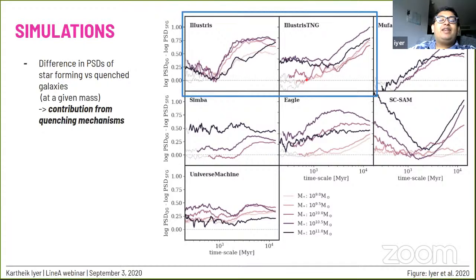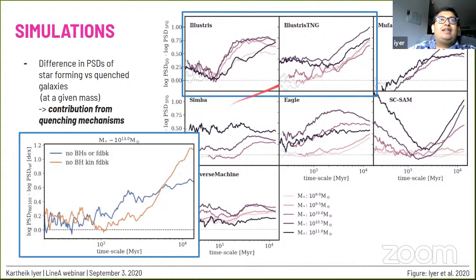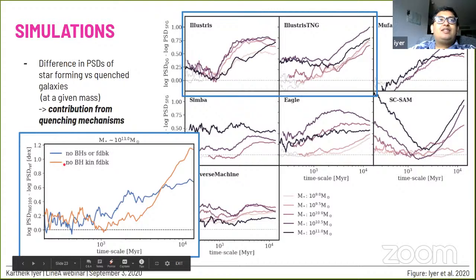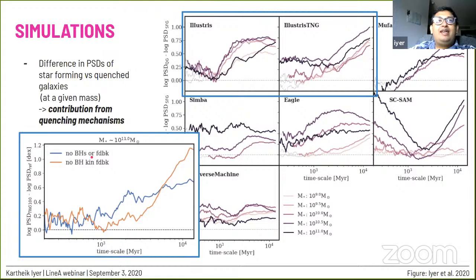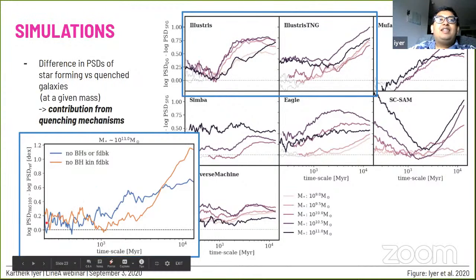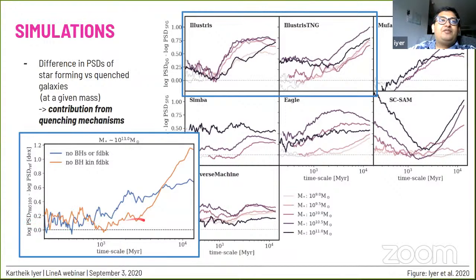So we can go into the simulation, and the Illustris TNG model has smaller runs without certain kinds of feedback. I'm showing here two runs that either don't have any AGN feedback or don't have specifically kinetic feedback from black holes. And you can see that there's a profile for the excess power that comes from specifically adding feedback of these sorts. By correlating the shape of this curve with the shapes that we see here, we can figure out the extent to which this process is responsible for the quenching.